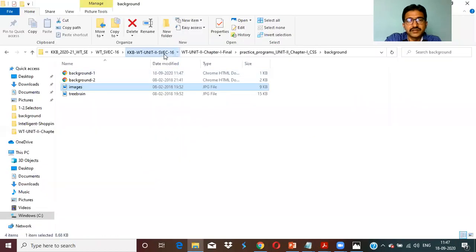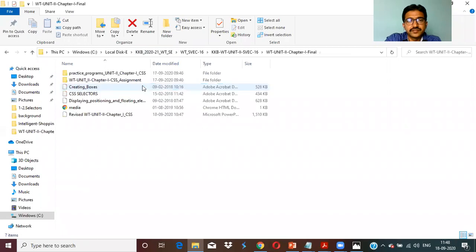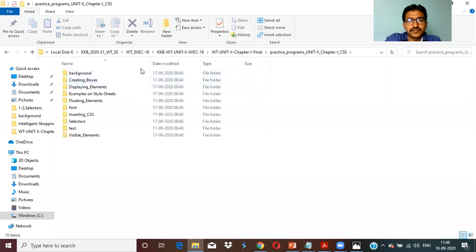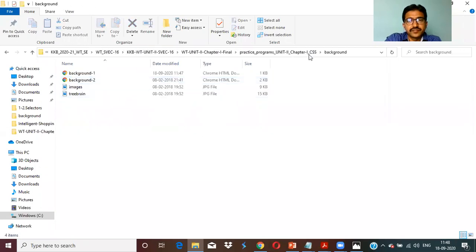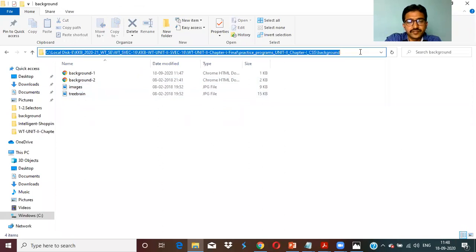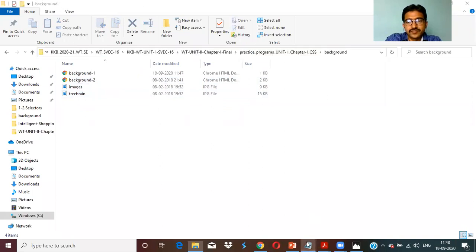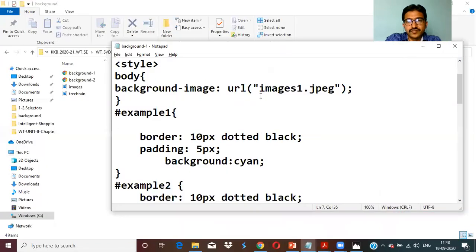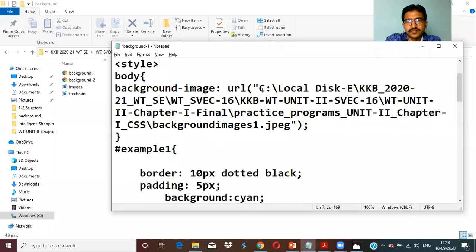Mention the entire path. CSS background.